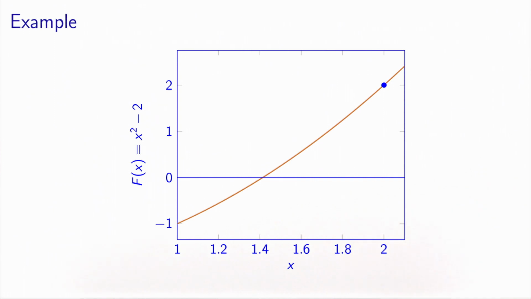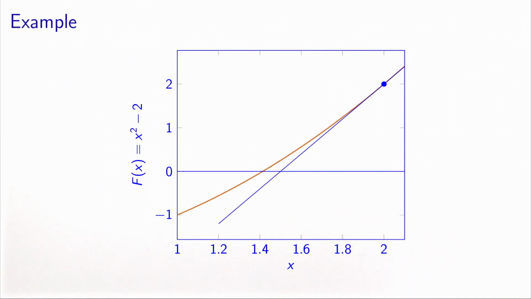So what the method does is to calculate the tangent of the function at x equals 2. So it's a line. And now we solve the problem for the linear specification. So we basically try to find where this line intersects the x-axis. And this is here. Now we need to check if this is a solution of our problem. No, it's not. Well, because we used only an approximation of the function.